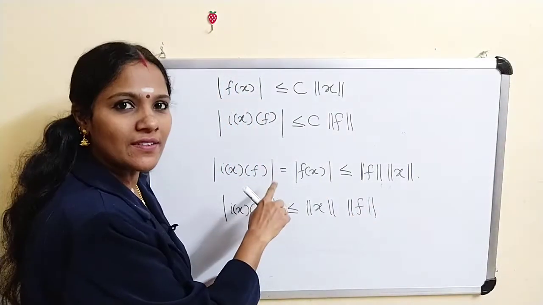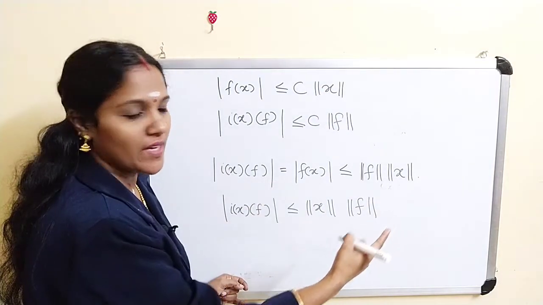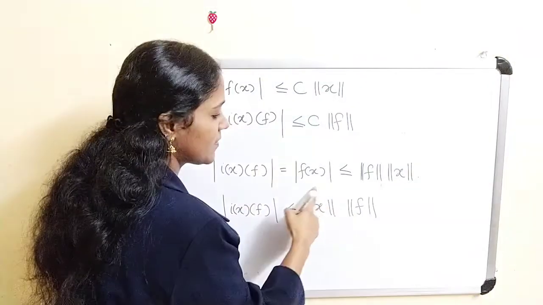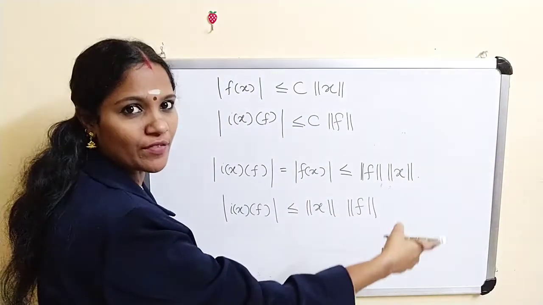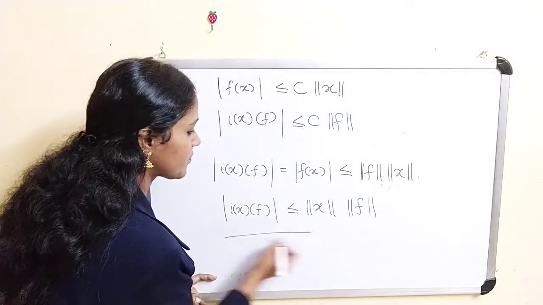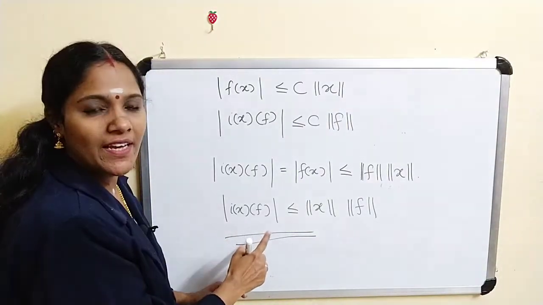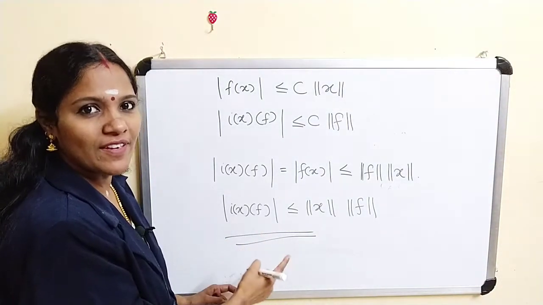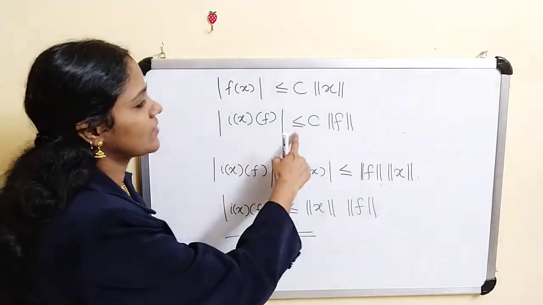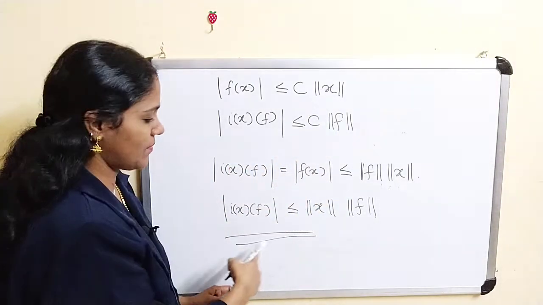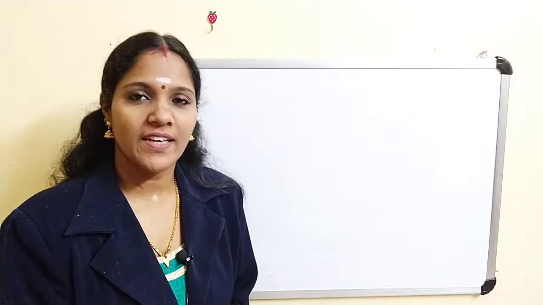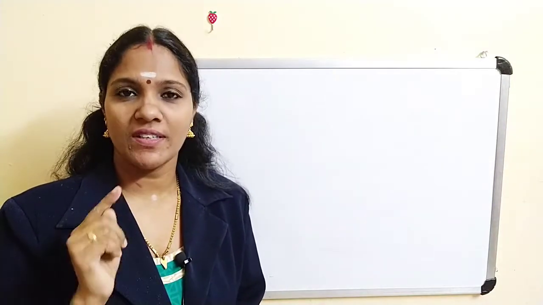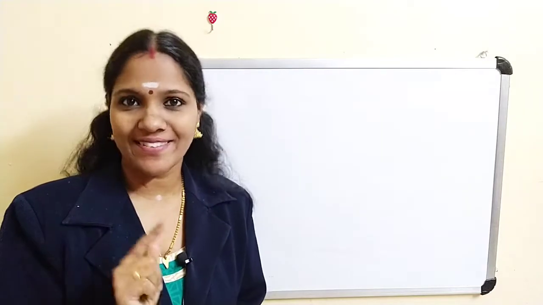Now what about I of x? f belongs to x star. Therefore clearly this is a real number. Okay. And clearly this is less than infinity. Therefore we can say I of x is a bounded linear functional. Okay, I of x of f is less than or equal to some c into norm of f. This implies I of x is a bounded linear functional. Thus we get I of x is a bounded linear functional on x star.